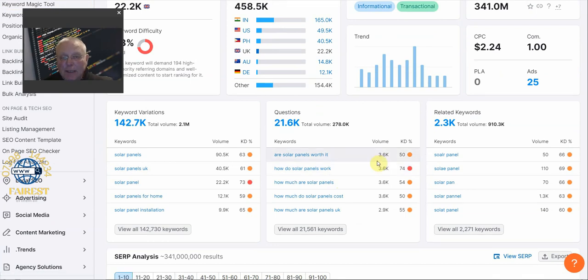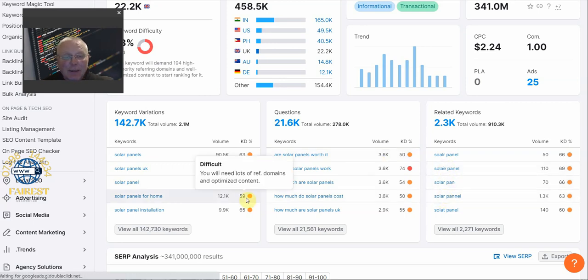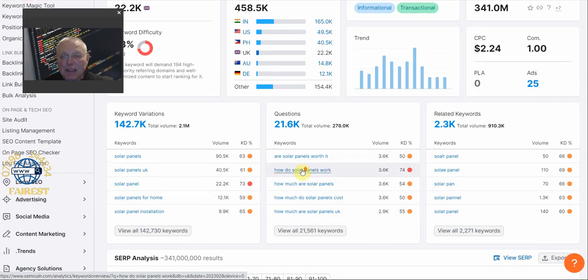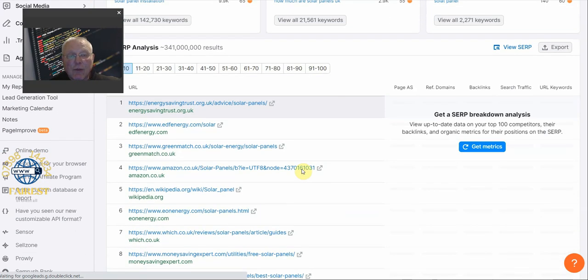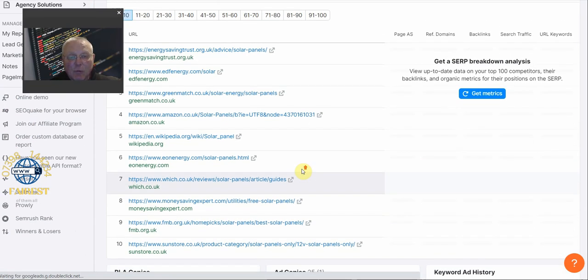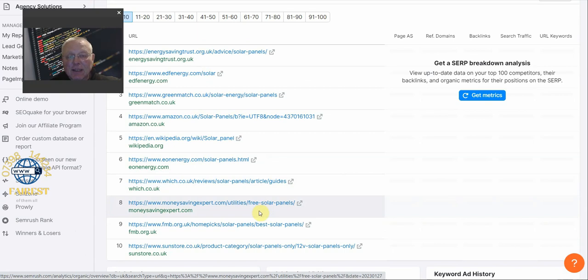Are solar panels worth it? How do they work? How much are solar panels? How much do solar panels cost? So we can see very quickly solar panels has quite a lot of information. It doesn't add the word electric or energy, but we know those words are relevant, and we're going to show you a bit more with that. And it also shows you how you can find more information about things like free solar panels through a place like Money Saving Expert. So moving on,